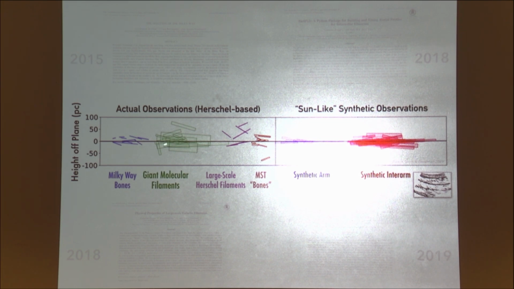And you'll notice that they're wider and that they're farther from the plane and that they have slightly more random orientation, although you realize you can't have an orientation very perpendicular to the plane because you run out of CO in the plane, okay? Except for the Radcliffe Wave, which says you can get to about 150 parsecs. But anyway, so this is one distribution.